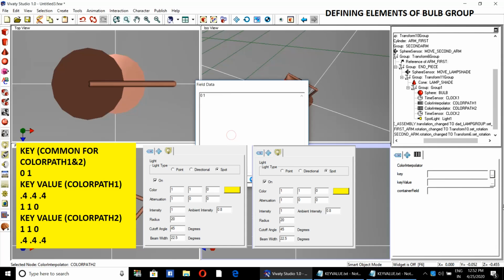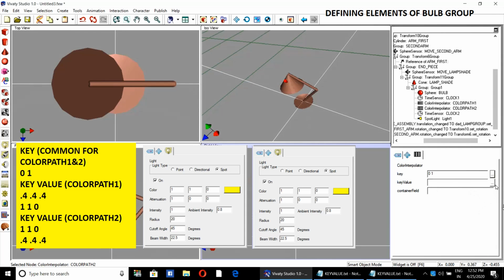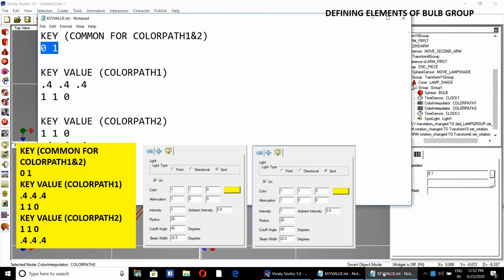Key value means at 0 seconds and at 1 second what will happen. That is the key actually.